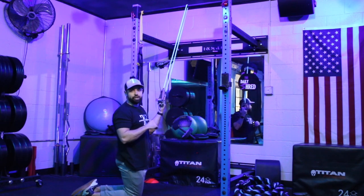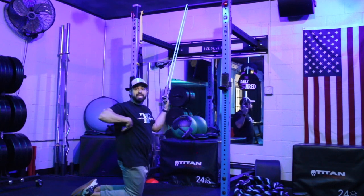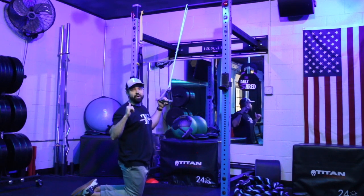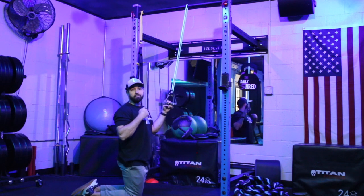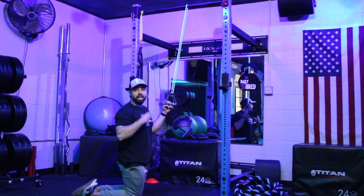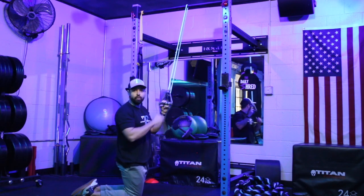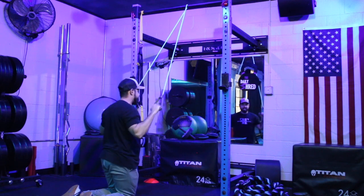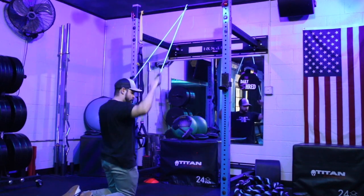Once you have that position, the number two most common mistake here is using your arms and not focusing on squeezing your lats or your shoulder blades down and back. This specific exercise is one that involves a lot of mind-muscle connection. That means thinking about the muscle group you're trying to work. It's easy to kind of cheat and take over with the biceps or the arms. So kind of just pulling down like this instead of really thinking about squeezing down and back on those shoulder